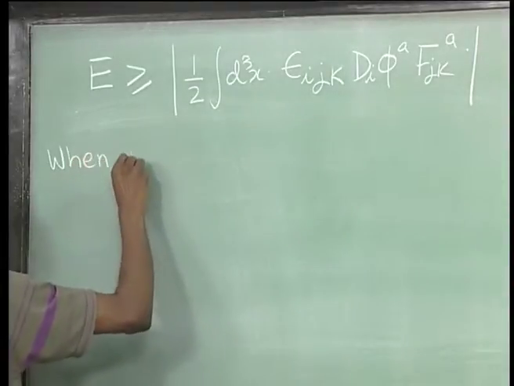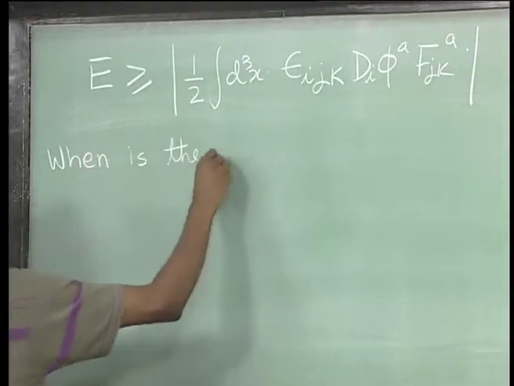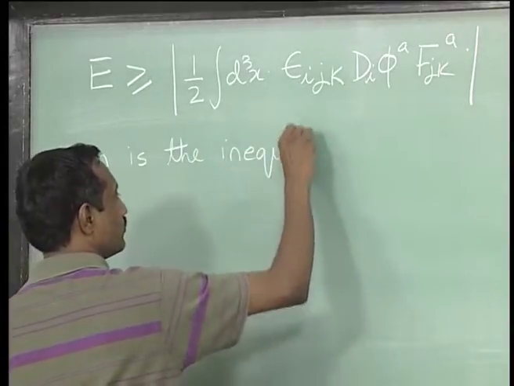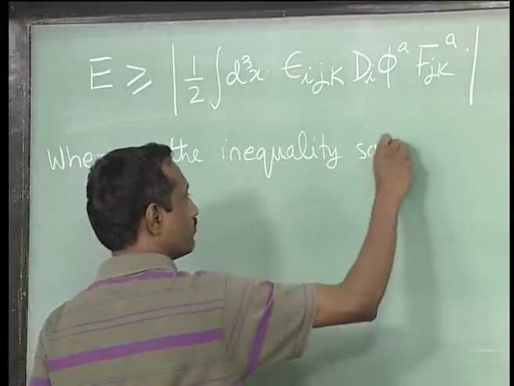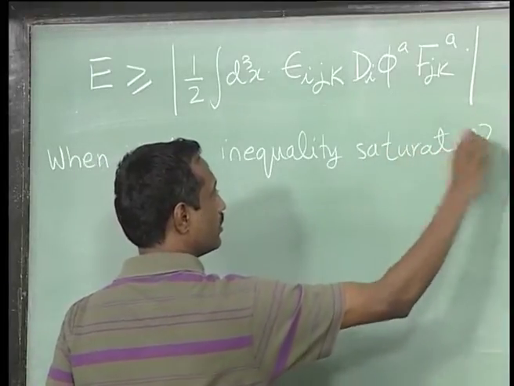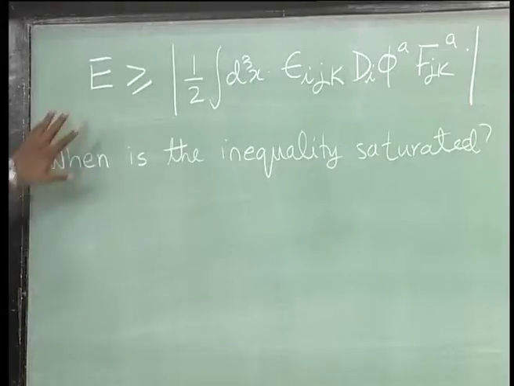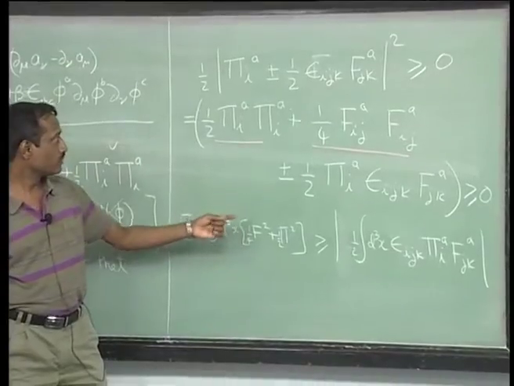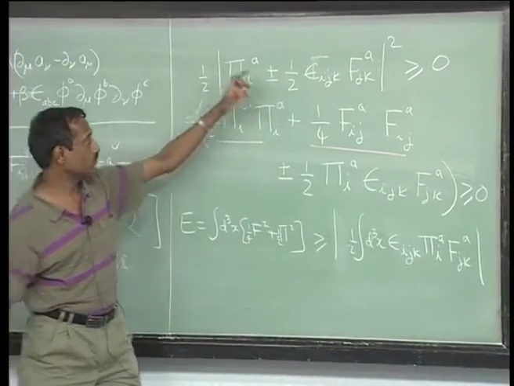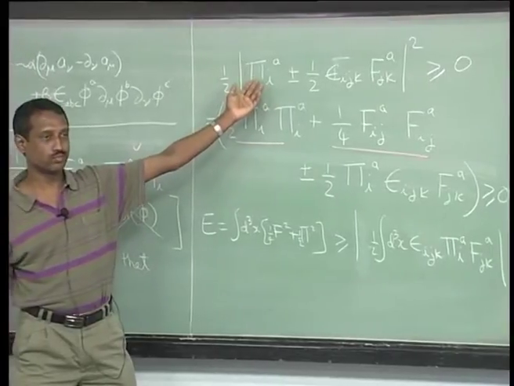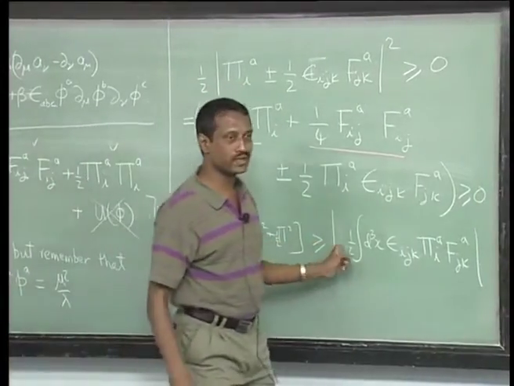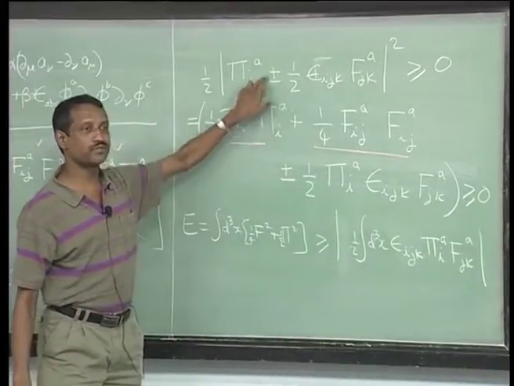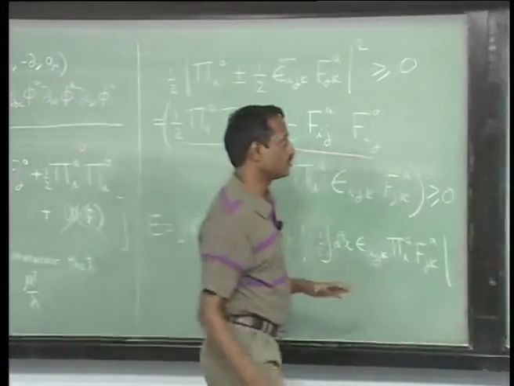So, now you can ask two things: when is the equality, or when is the inequality, saturated. By that I mean, the lowest energy configuration would correspond to E being equal to 0. Okay. So, that depends on the sign of what you look at. So, coming back to this, the question is when will it be true? It will depend on which sign plays the dominant role. So, it will be one of these two things being equal to 0. Okay. So, the answer is